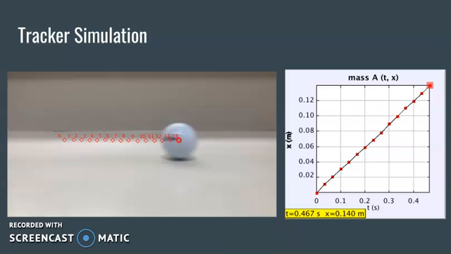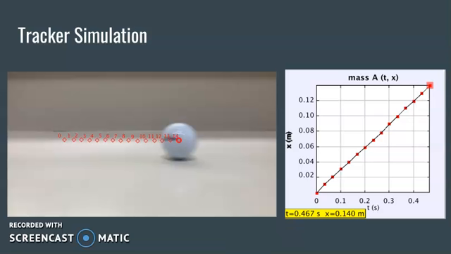In order to properly complete this lab, the Tracker computer simulation was used. Once I recorded the video of the golf ball, I uploaded it to Tracker. From there, I determined the correct placement for the x and y axes. Then, I found the ball's center of mass. For each video frame, I determined the ball's center of mass in order to collect the position data values. If I had flipped the axes, then the position values would have been negative, since the ball would have been